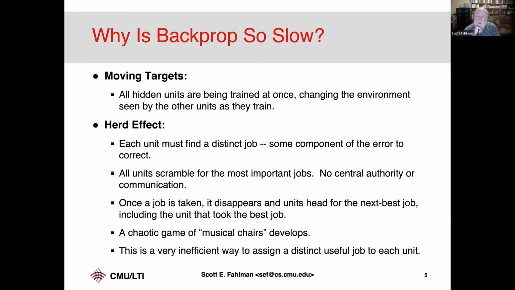So these are both a result of all the units trying to learn at once. So it occurred to me that maybe we could solve both the hyperparameter problem and the slowness if we learned hidden units one at a time. Let's start with a network with no hidden units and gradually introduce them, and then each unit can learn very efficiently. What's the biggest job? Over there, I'm going to go there, I'm going to do it. Now we nail him down, and then we put in, if we need to, a second unit. So that's the basic idea behind the Cascade Correlation Network.